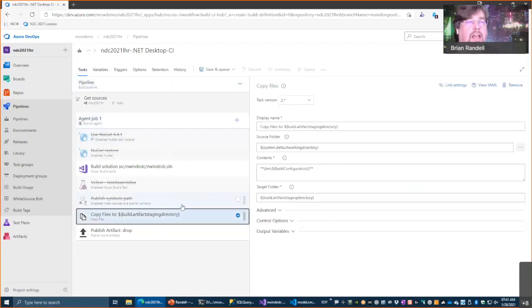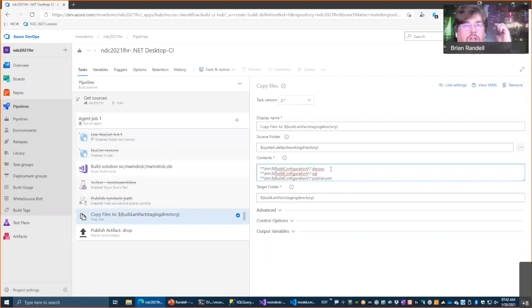Finally, when it's done, I want to get the interesting output from the build and make it available to users who want to download and look at it. But more importantly, I want to make it available to my deployment pipeline. Now, by default, it's going to copy everything, and that's a little too much. What I want to do instead is say, you know what? Go get files out of the bin folder for this build configuration, but what I really care about is the DACPAC file, any .sql files, and then finally a